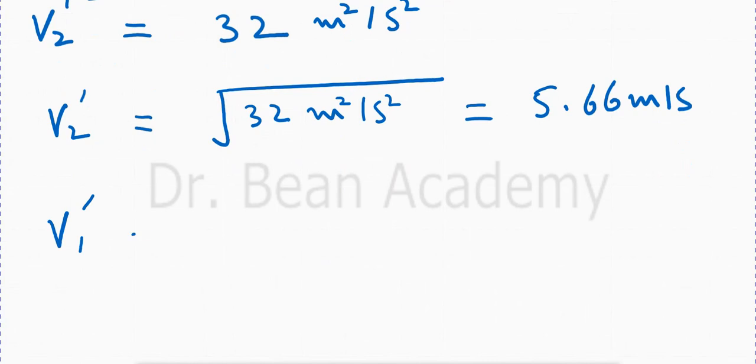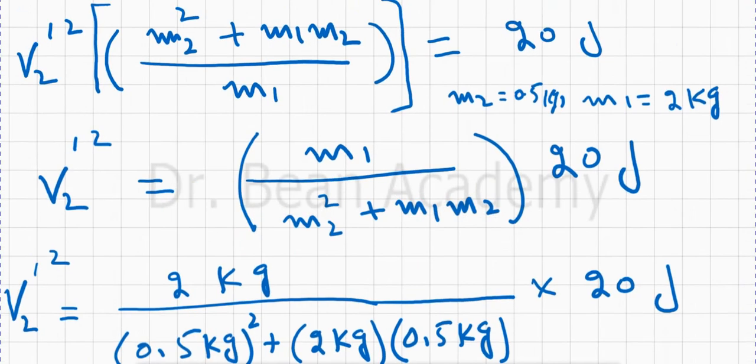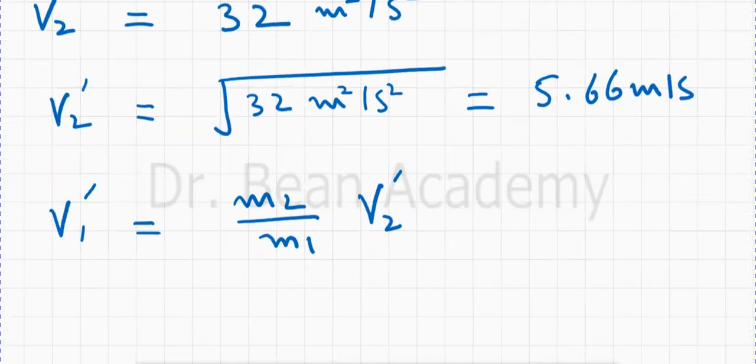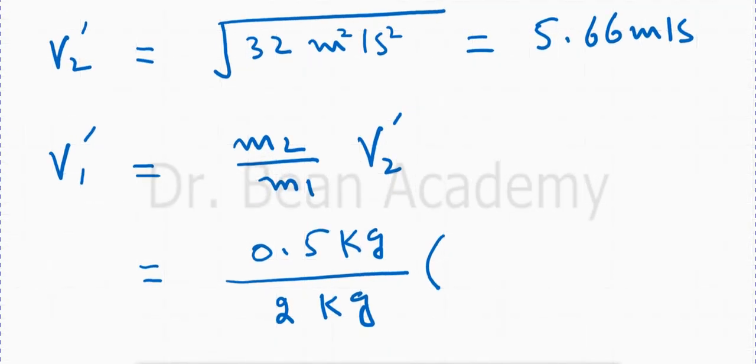So v1 prime equals m2 over m1 multiplied by v2 prime, and I know the masses: m1 is 2 kg and m2 is 0.5 kg, so 0.5 kg over 2 kg multiplied by the v2 prime velocity